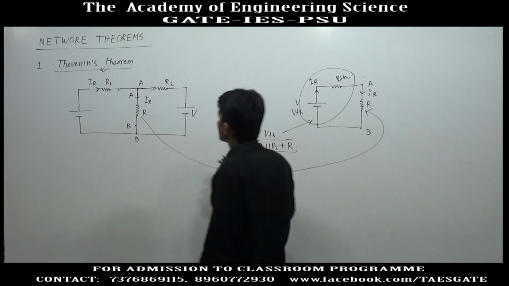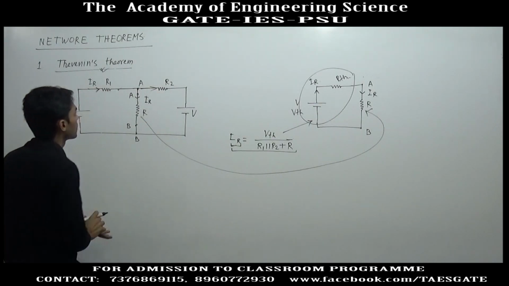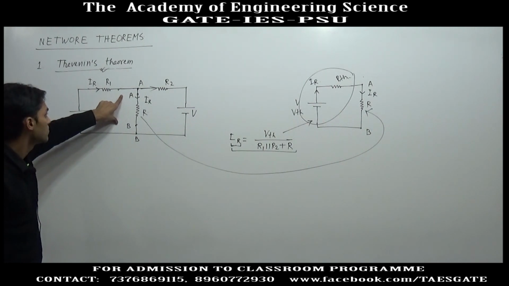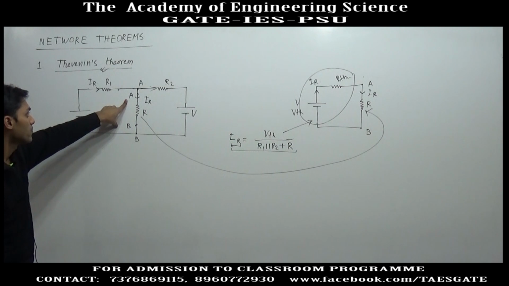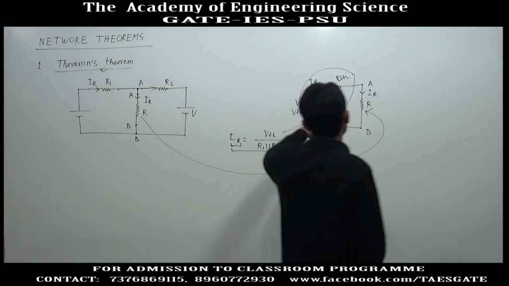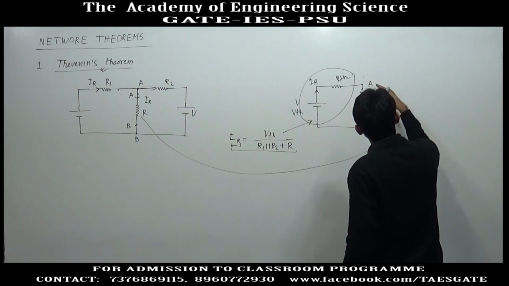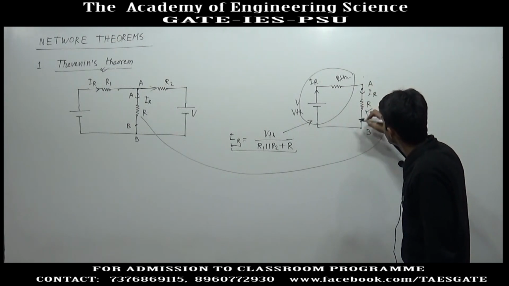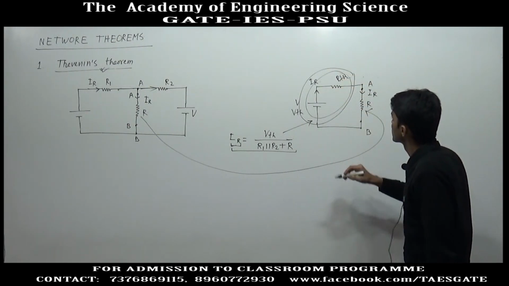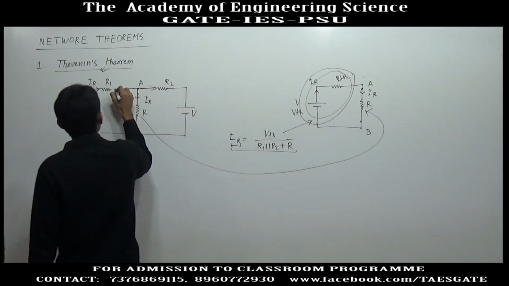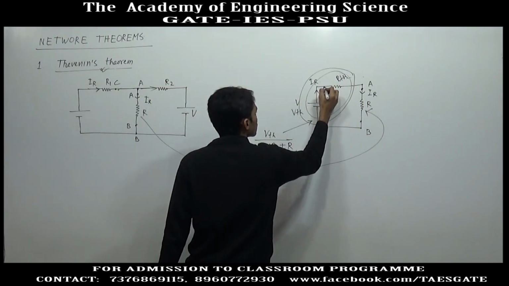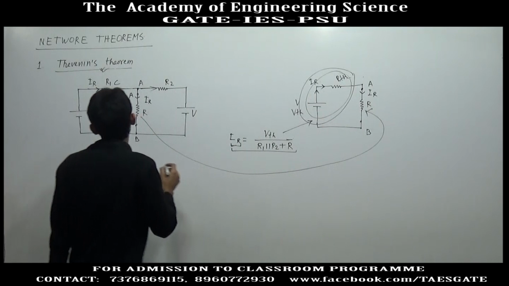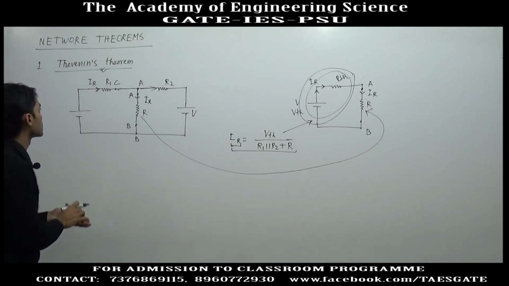Equivalence means the remaining circuit, except the circuit which is inside A and B, will flow the same current inside A and B, and here also the remaining circuit will flow the same current inside A and B. But this circuit is a completely new circuit. If I say this point is C, you cannot say this point is C here. So, if IR is flowing here, we cannot say that IR is flowing here. This is wrong.